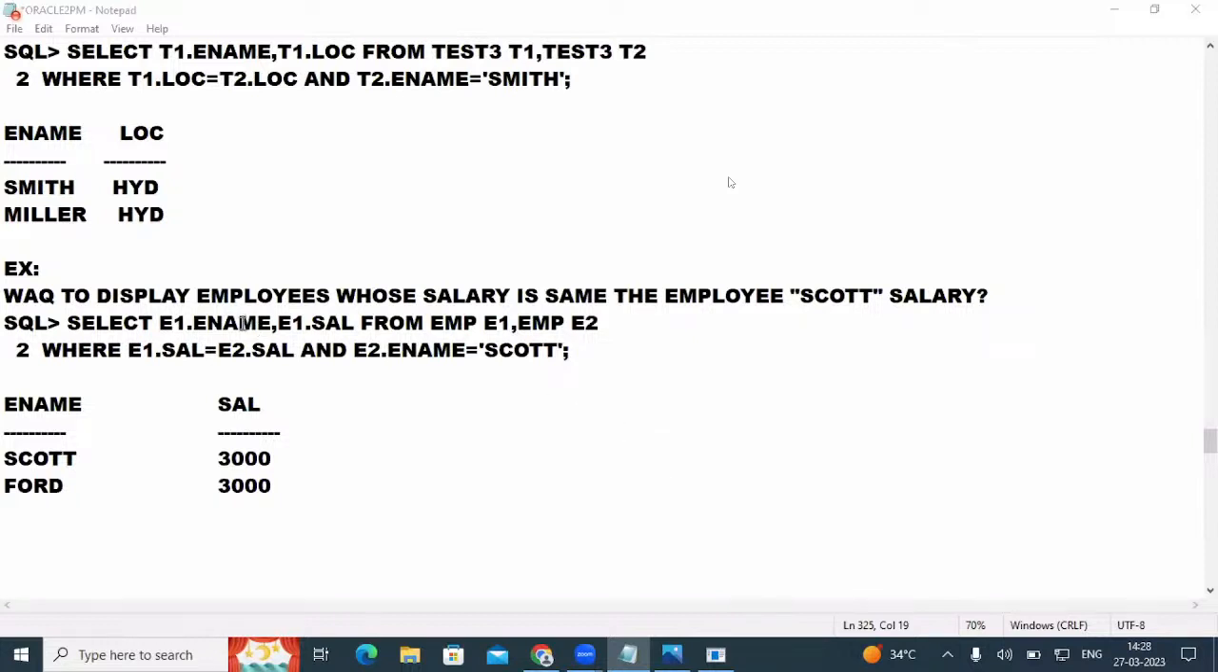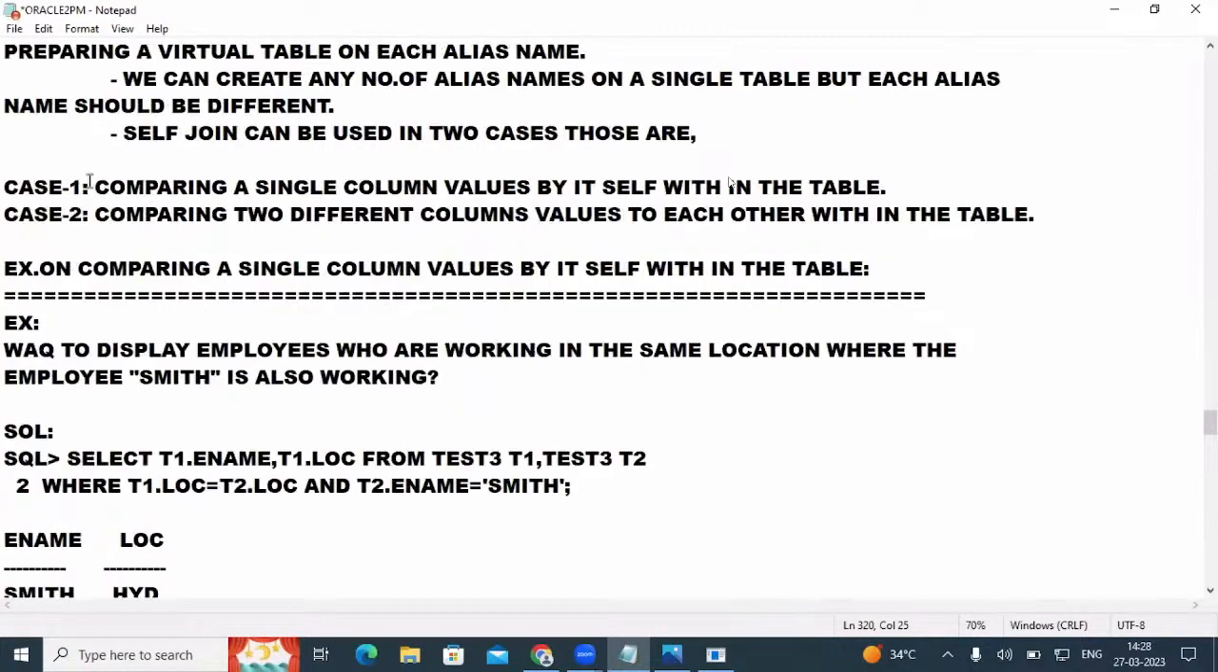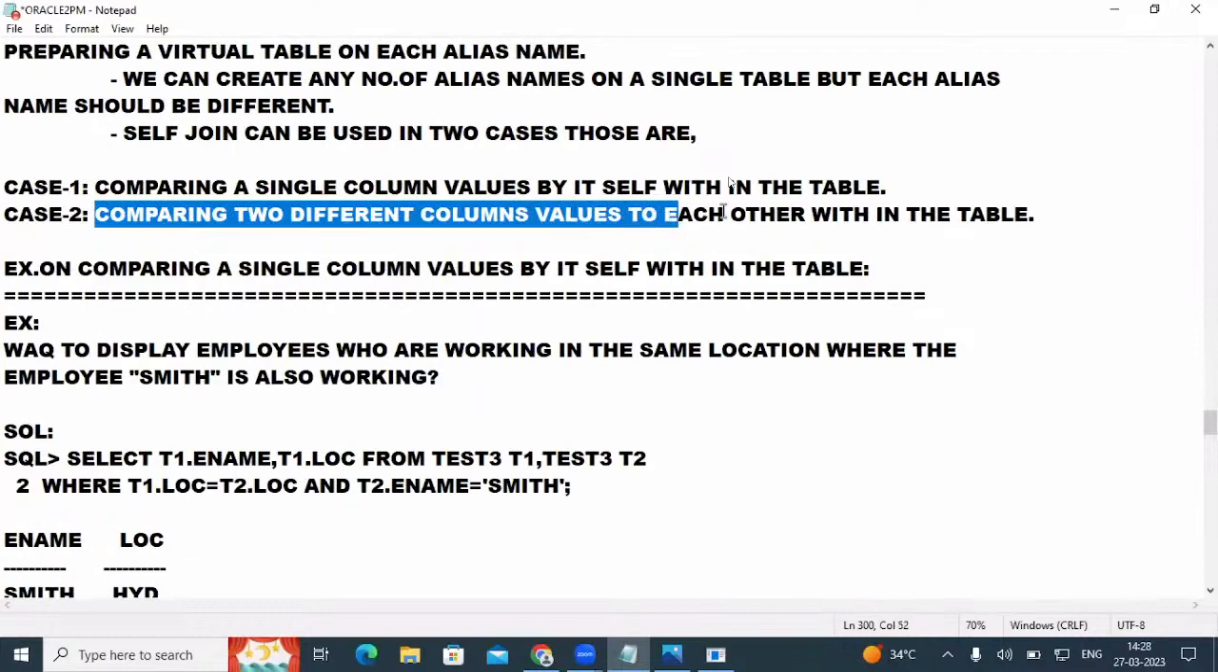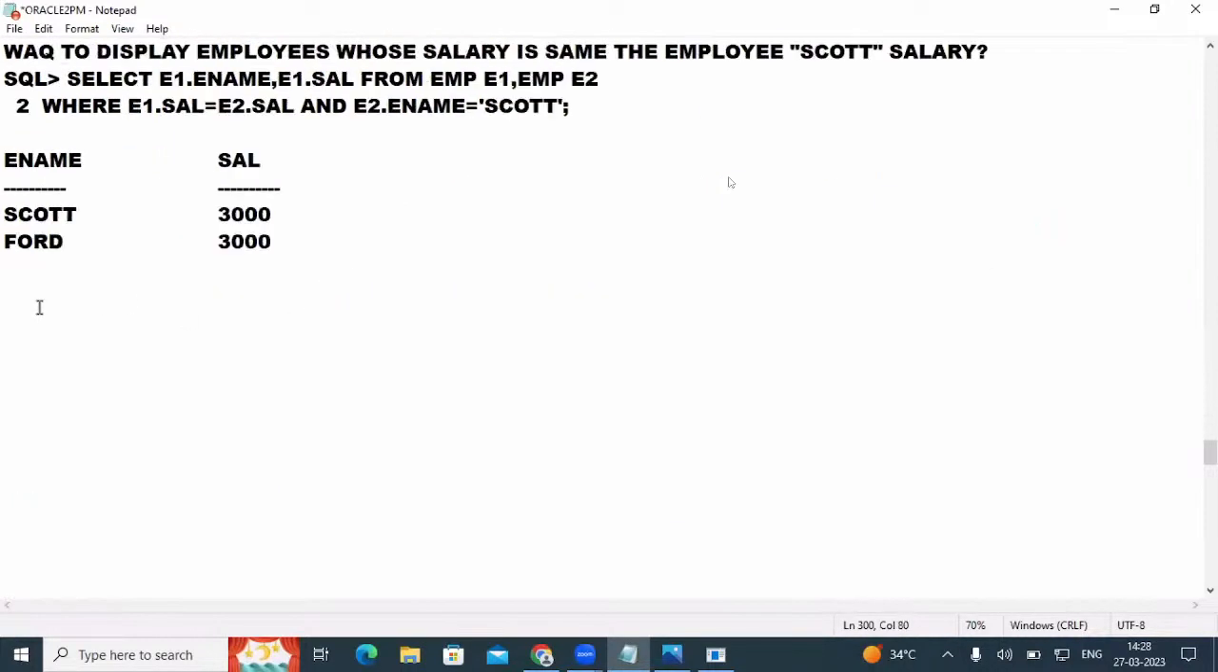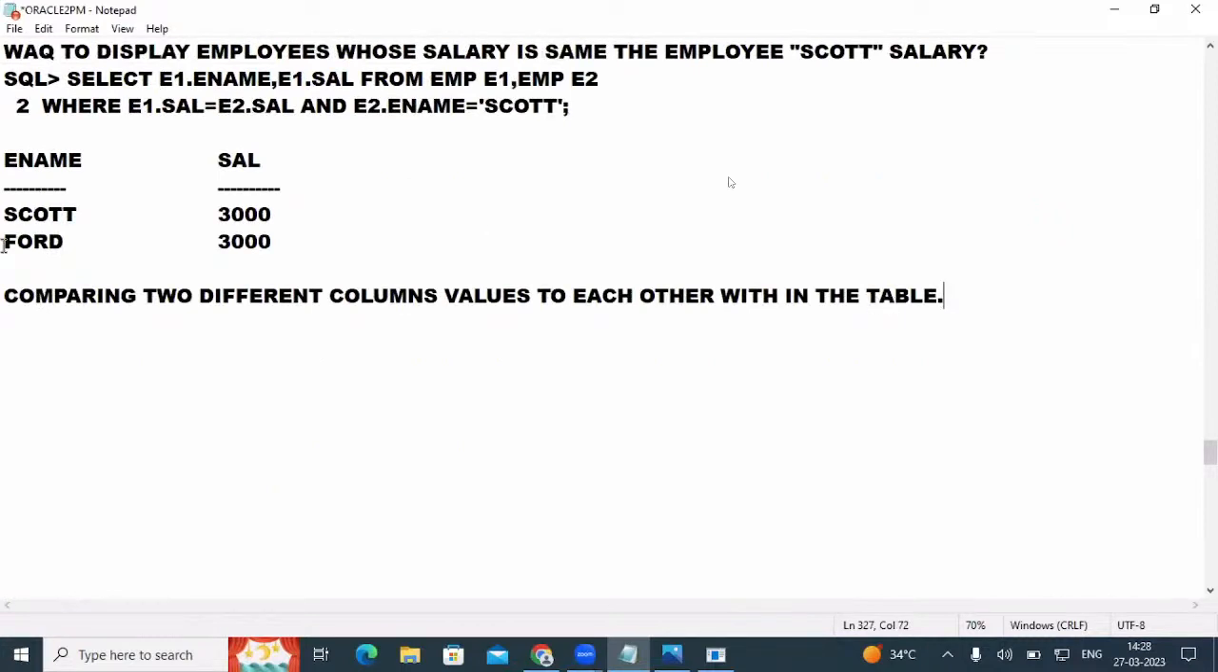Okay. So these are one column comparison values by itself within the same table. Okay, right. But one more case was there. Comparing two different column values to each other within the table. So in this case, okay, now how we can take examples on this. So examples on